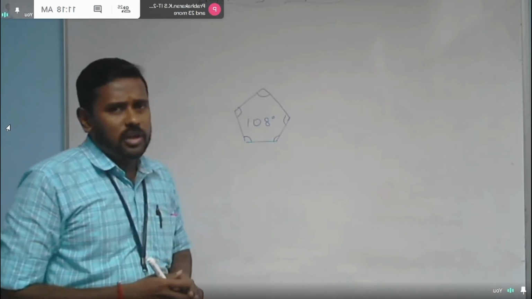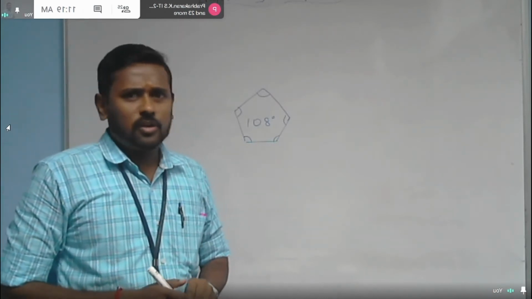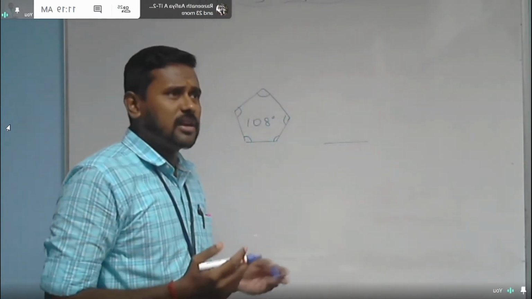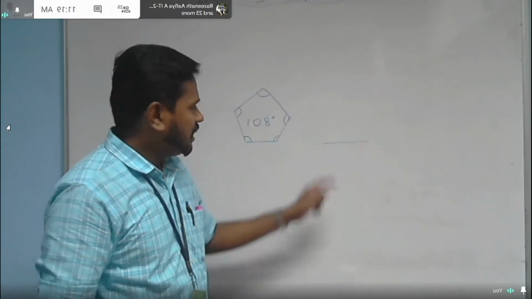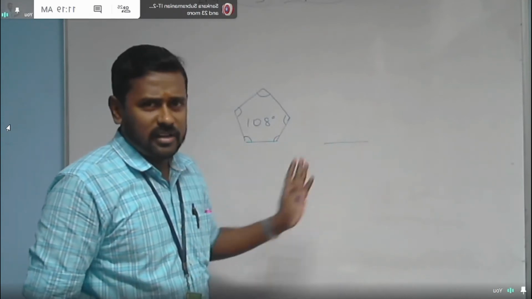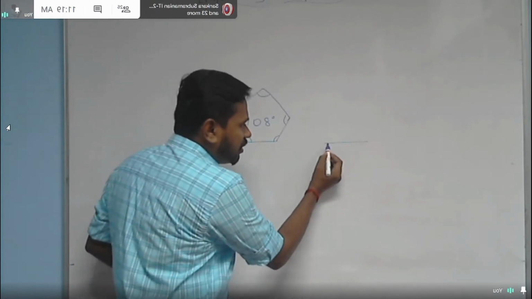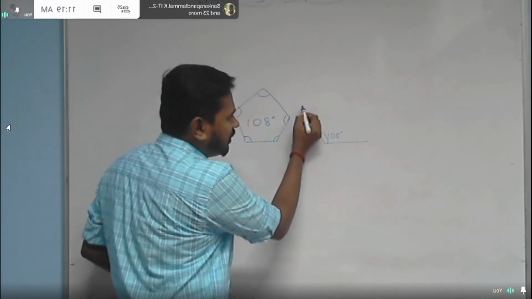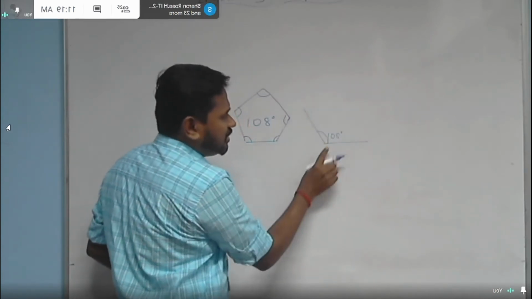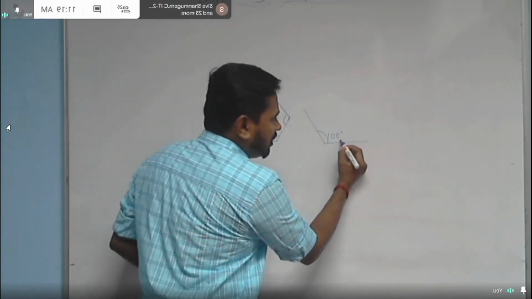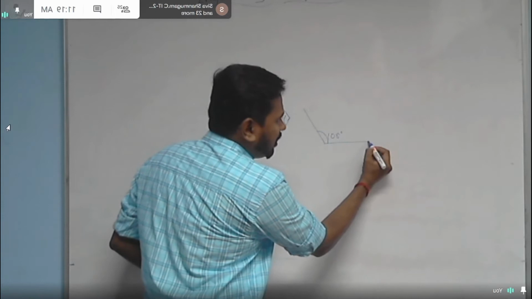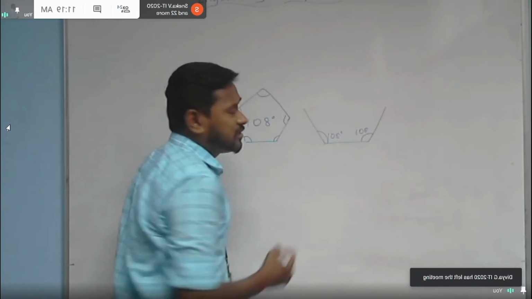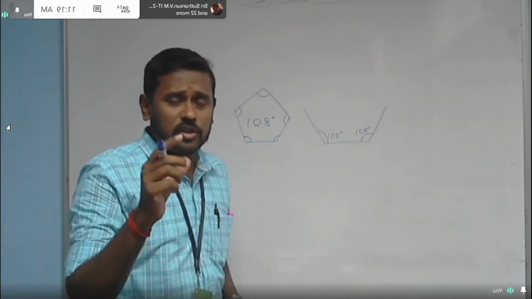In order to draw the pentagon, you can simply follow the included angle method. First, draw a side with the given length. For example, if the side of the pentagon is given as 40 mm or 50 mm, just draw a side with 50 mm length, and then using your protractor draw one more side. This angle should be maintained as 108 degrees, and draw the other side with the same length. Then again, from the other end, draw another line with the same included angle of 108 degrees. That's enough. After that, simply use your compass to finish.